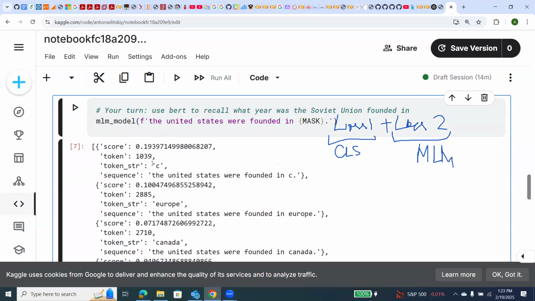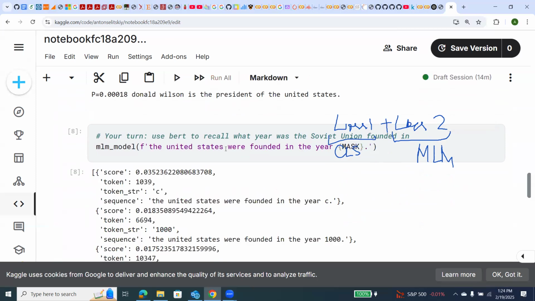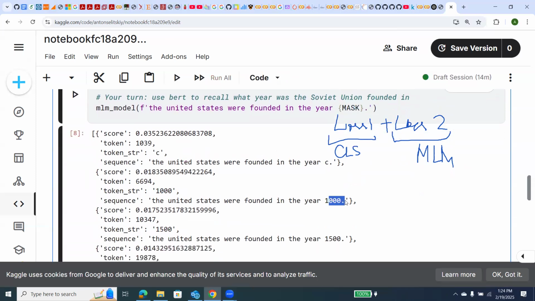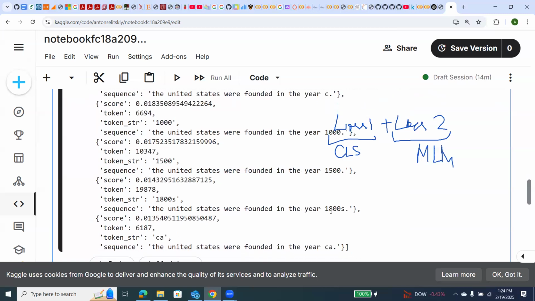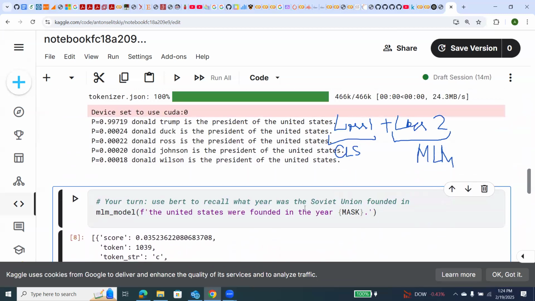I think because this model was trained on some tests, maybe C comes from possible answers from tests, A, B, C. So maybe we can add year: in the year. C. Well, yeah, but now it produces some numbers, but they're all wrong. But you shouldn't expect accurate results because this was trained on Wikipedia and